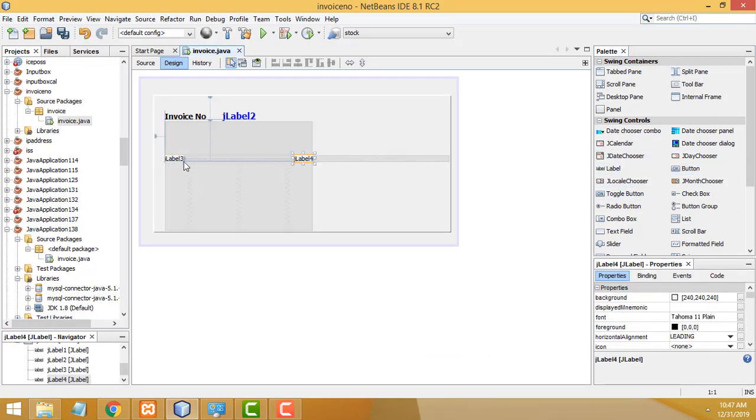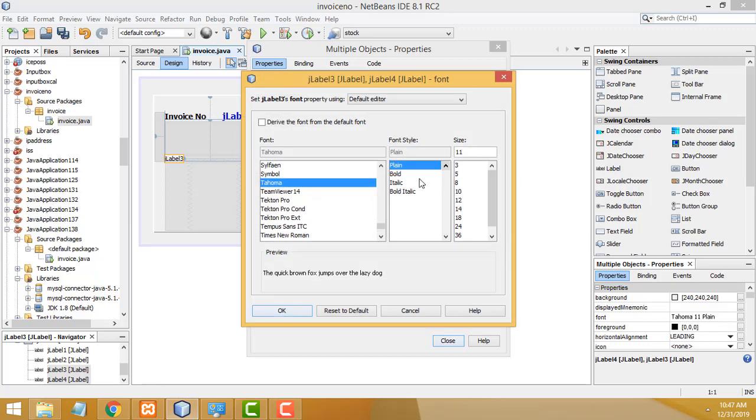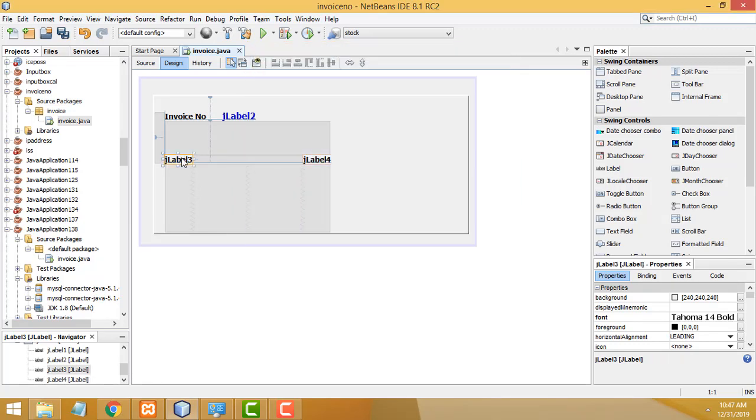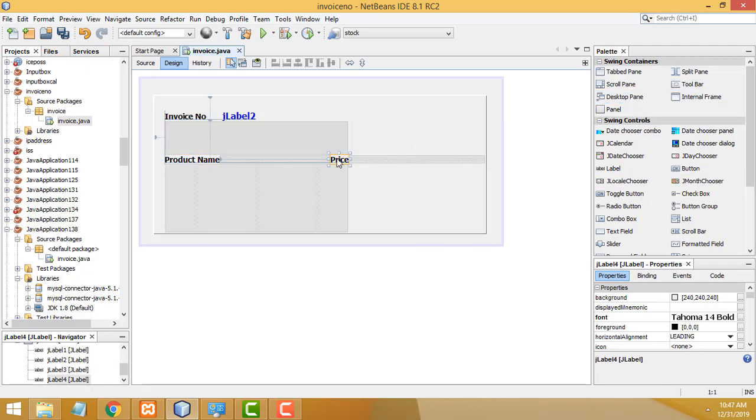These two labels, I just hold the control key down and select both, and in properties, increase the size as bold 14, right? Now here let's select this one, product name. This one should be the price, right? Now here what I am going to do is